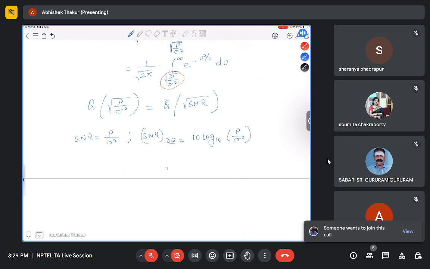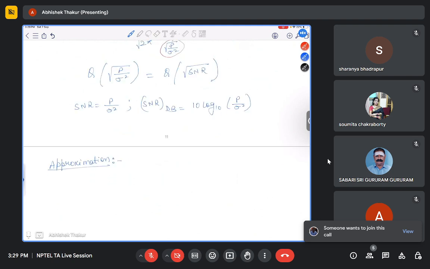And one more assumption we can take, or approximation we can say, what we have studied in the last lecture also, but today we will see for M-ary PSK, and also for PAM signal, and also for M-ary PAM signal, the bit error rate for all these digital communication schemes. So now,